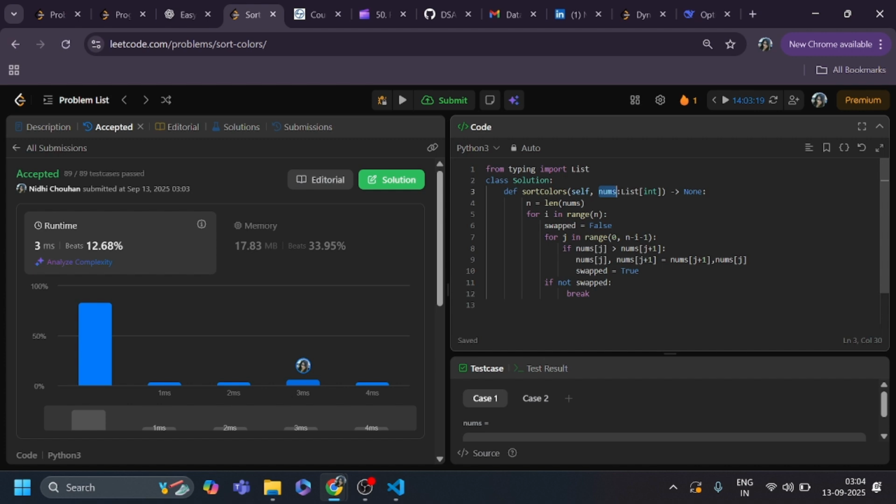Initially swapped equals false, for j in range of 0 to n minus i minus 1. If nums[j] is greater than nums[j+1], then you need to swap, and set swapped equals true. If not swapped, we need to break.